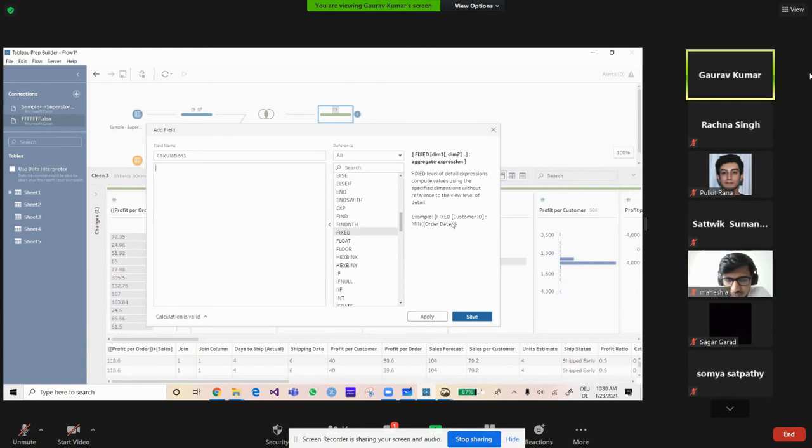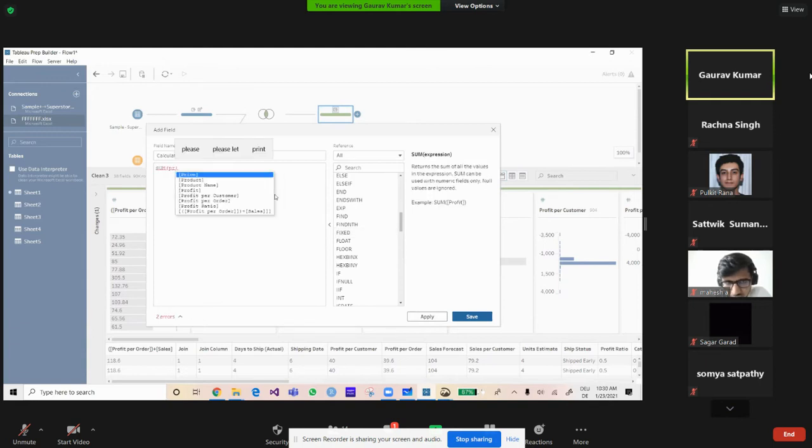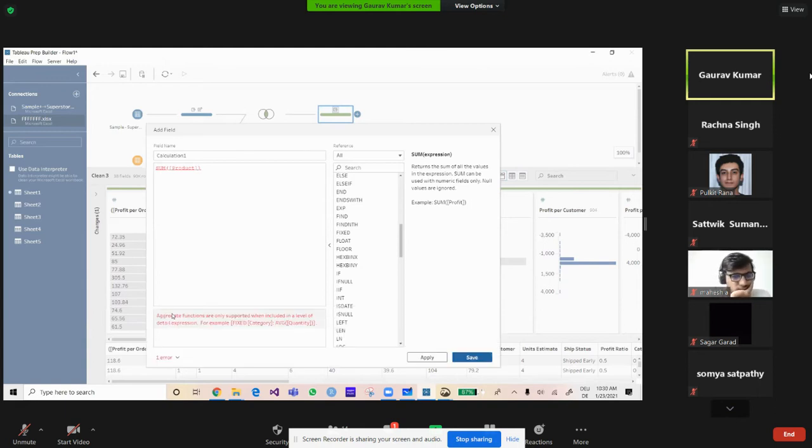If your syntax is not correct, it will give an error. If I do it like this, it will show there is some error. So what is that error? Just click that and you will get to know what it is: aggregate functions are only supported when included in a level of detail expression, for example fixed category and average quantities.